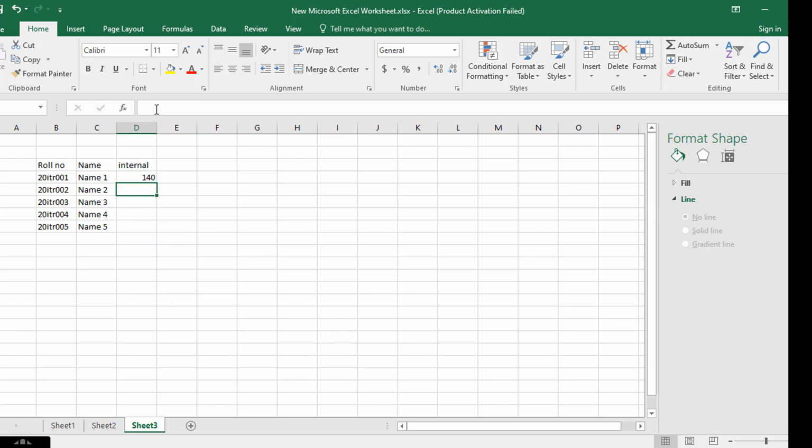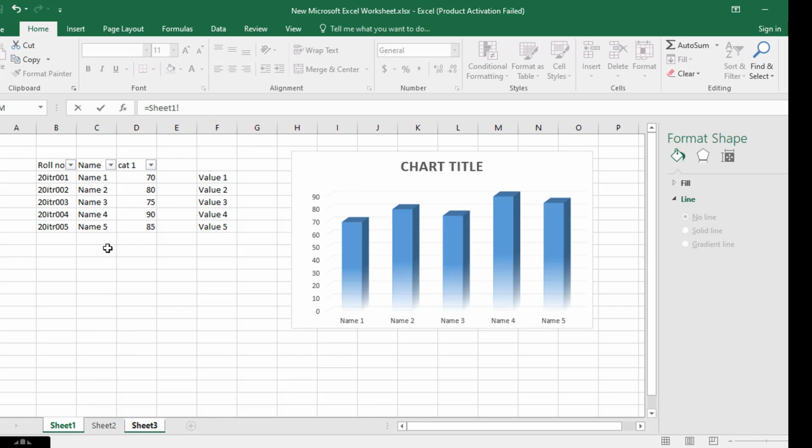Similarly, we will do it for the second name. Equal to, go to sheet 1, select the cell. Now what is the name of the cell? This is D5 in sheet 1.